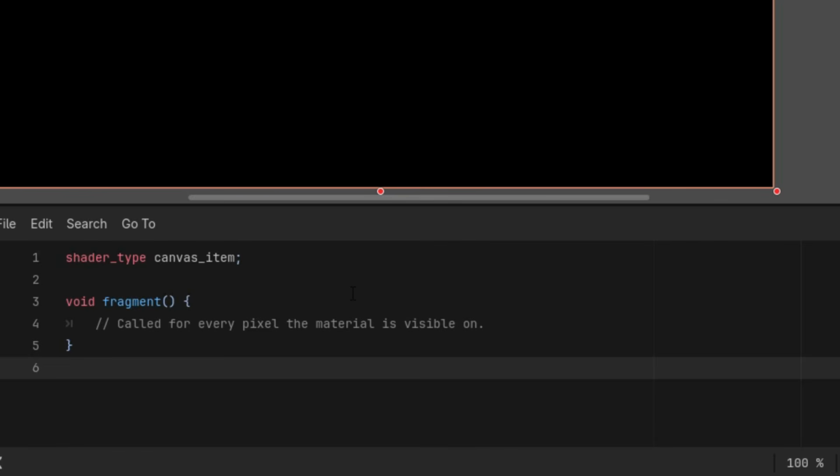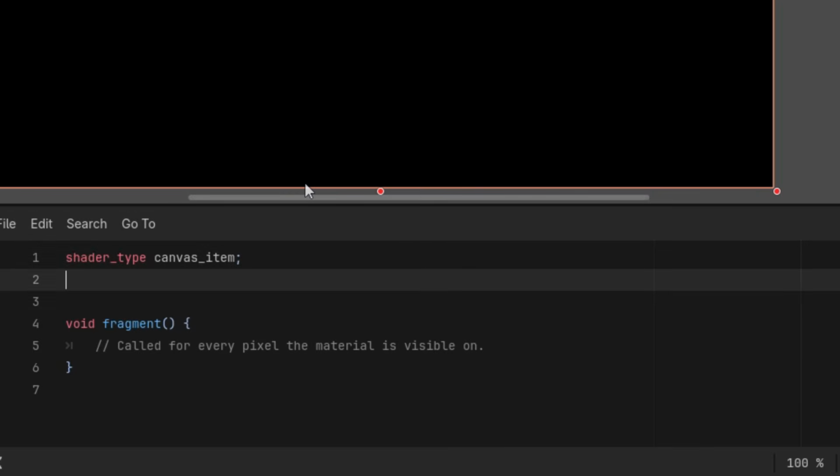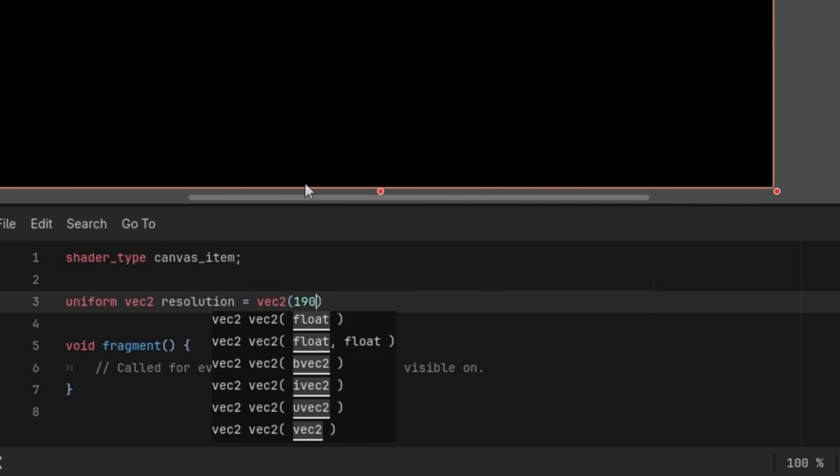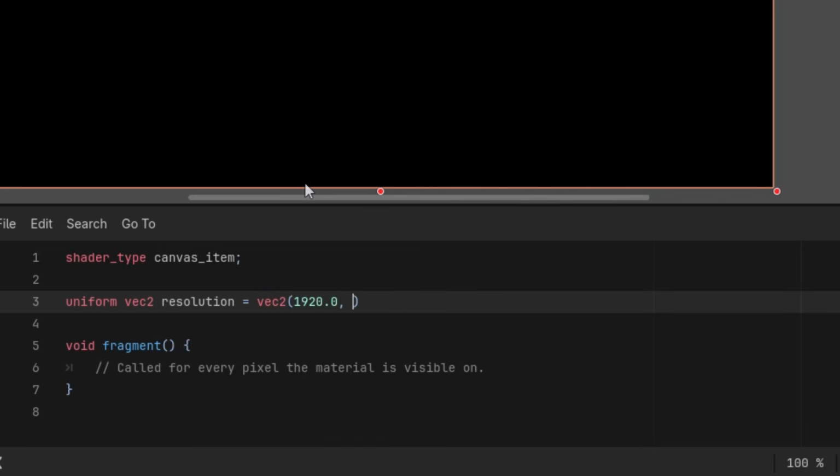resolution. So instead, I'll add a uniform parameter to define it. And as we could see at the beginning of the video, this will be an animated effect. So we'll also add a parameter to define the speed of this animation. Let's do it here. Uniform vec2 resolution equals, the default value is 1920 and 1080, our full HD resolution, and